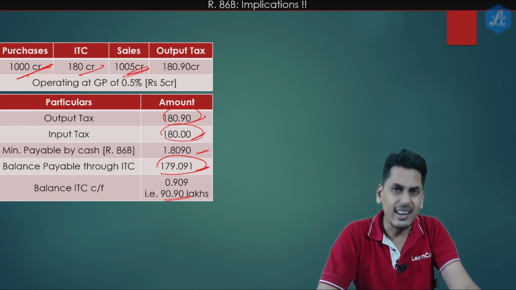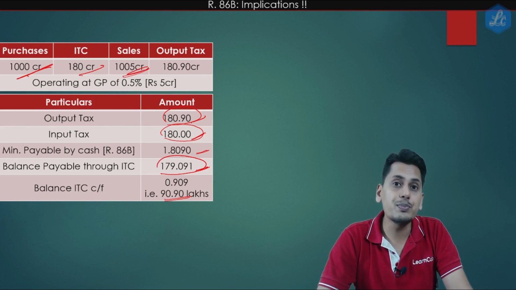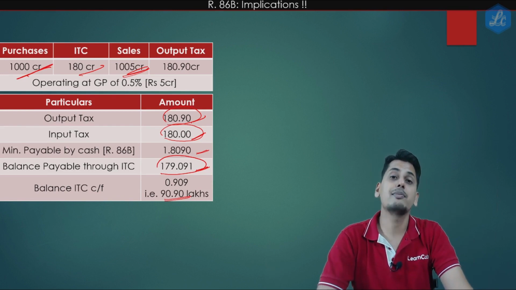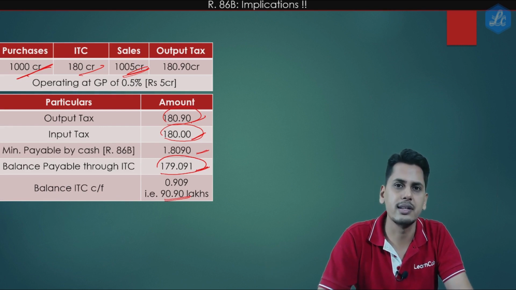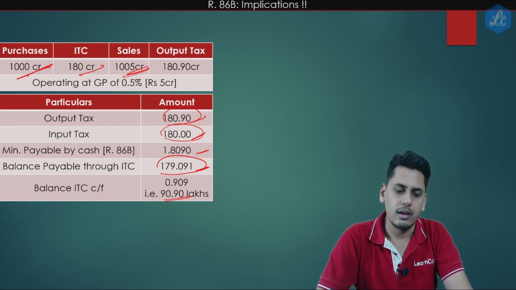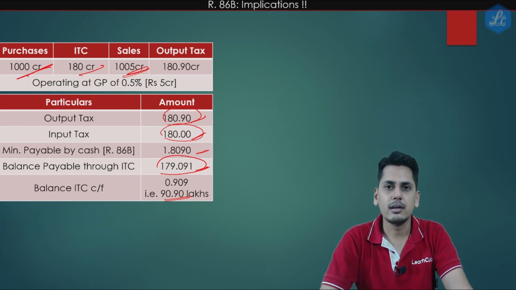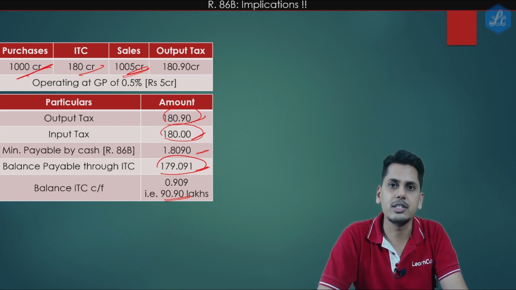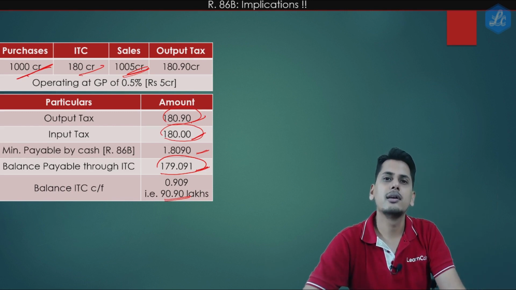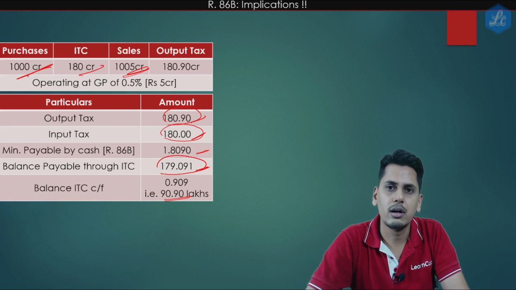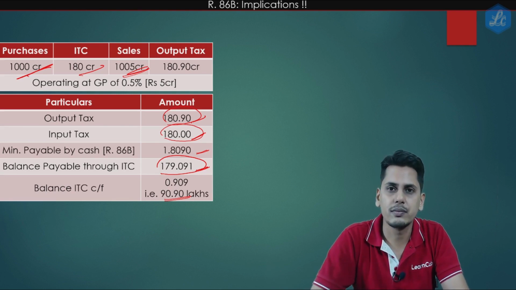Only when my gross profit margin is at least 1%. If my GP ratio is more than 1%, it is manageable. But friends, in an industry like mine, when the GP margin itself is 0.50%, and if you ask me to pay 1% from cash ledger,